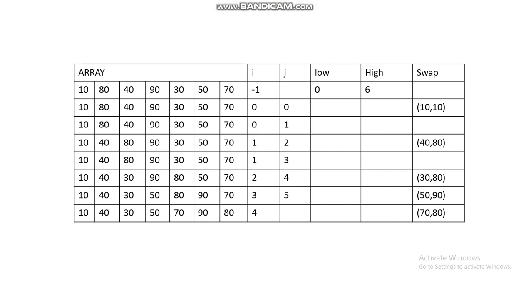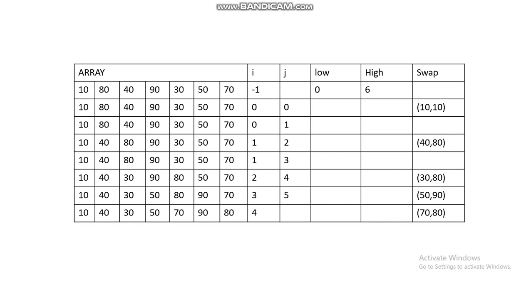In this example, we choose 70 as the pivot element and the initial value of variable i is set to -1. The loop runs from index 0 to index 5. The 0th element of the array is 10, which is less than the pivot element, so we increment the value of i from -1 to 0 and we swap the ith and the jth elements of the array. Since i is equal to j, there is no change. For j equals 1, the jth element is 80. Since it is greater than the pivot element, we see no change in the array.